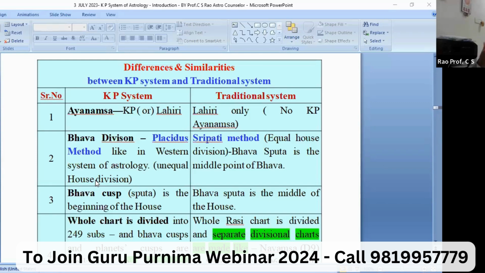It's because we start from Sayana, and after deducting the ayanamsa, you get Nirayana. So any bhava cannot be less than the ayanamsa duration. Ayanamsa today is around 22 or 23 degrees, so no bhava can be lesser than 23 degrees duration. If it is, your calculations are wrong, your computer output is wrong. So Bhava division in the Placidus system is based on unequal house division, and the Sripati system is